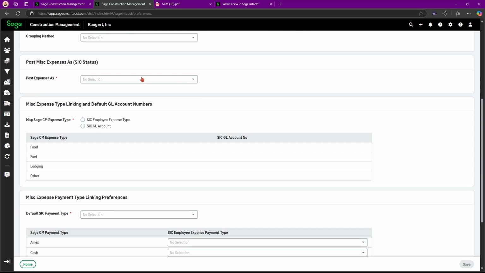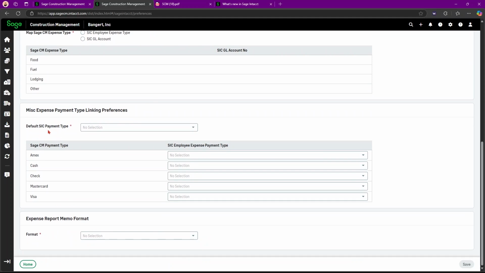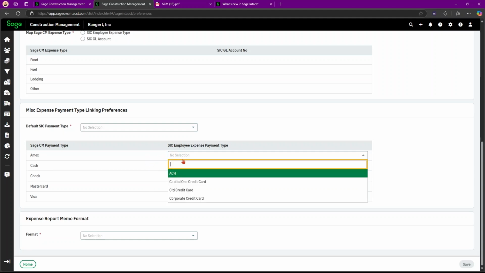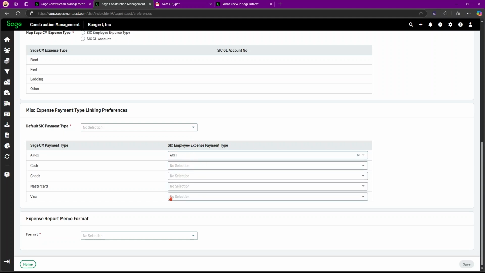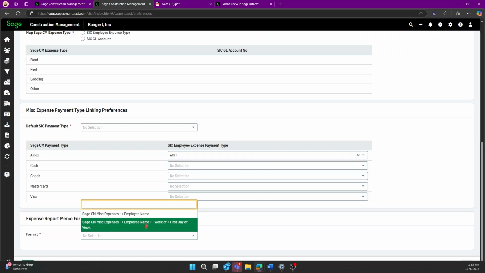You can post expense as a draft or submitted. Here you can put your default Intacct payment type. Then your payment types will pop up here, and you can select the expense type, employee expense payment type here. Then lastly, you can do the formatting.